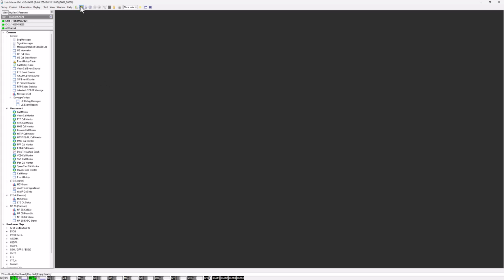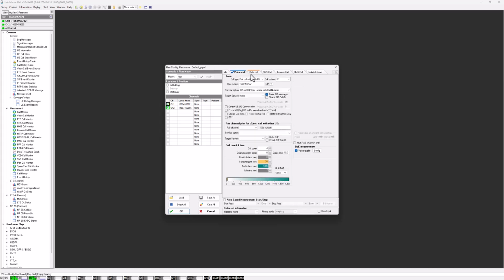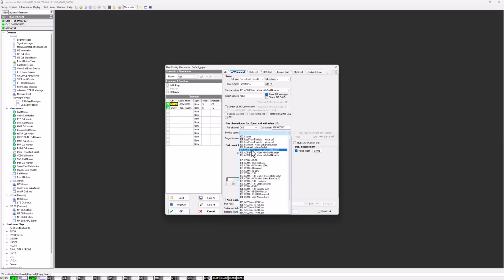So if we go up here to plan configuration, for MOS testing, we're going to want to do a voice call, and we're going to want to do a paired call with the other channels. So 1 and 2, we're going to want to be paired. So if I go to 1, voice style's fine. We're going to first SIP messages, and then we're going to want to pair this with channel 2. So if I deselect channel 2, it will give me the option to pair with channel 2. I'm going to